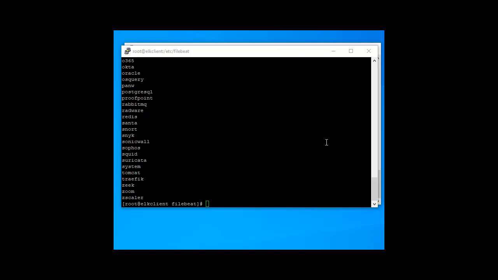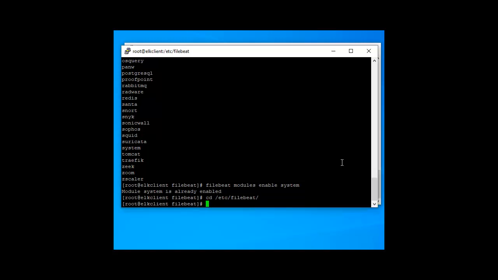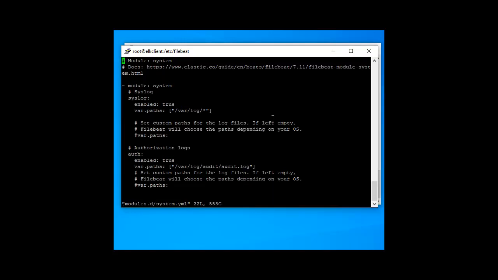Now enable the system module using the command. The system module is already enabled, so I just configure the modules.d system file. I am going to that directory and open the system.yml file. So here is the syslog.